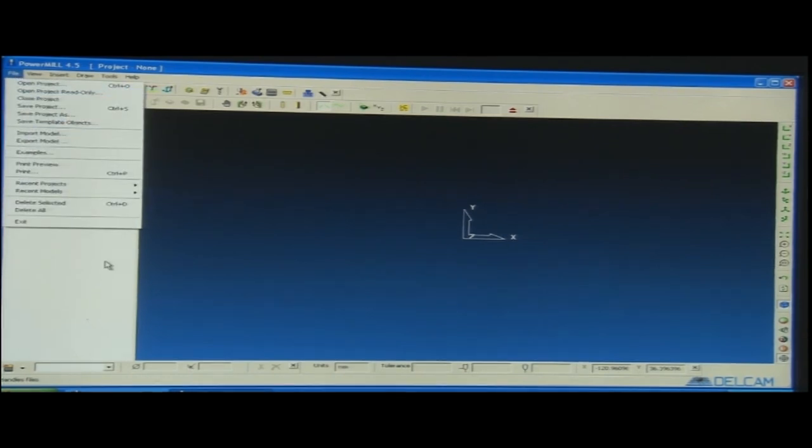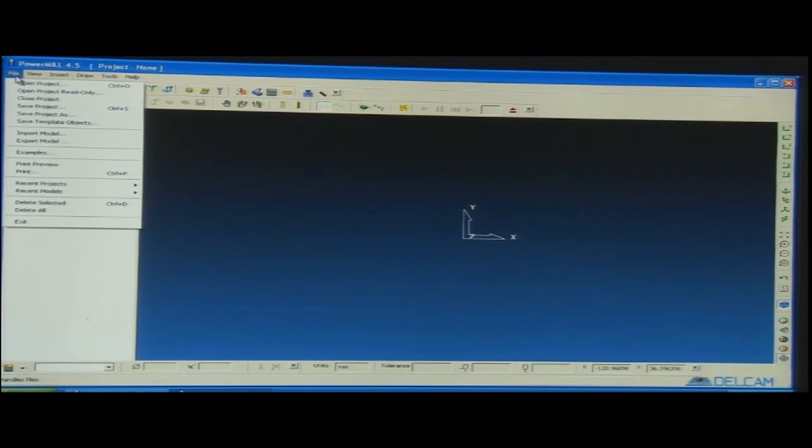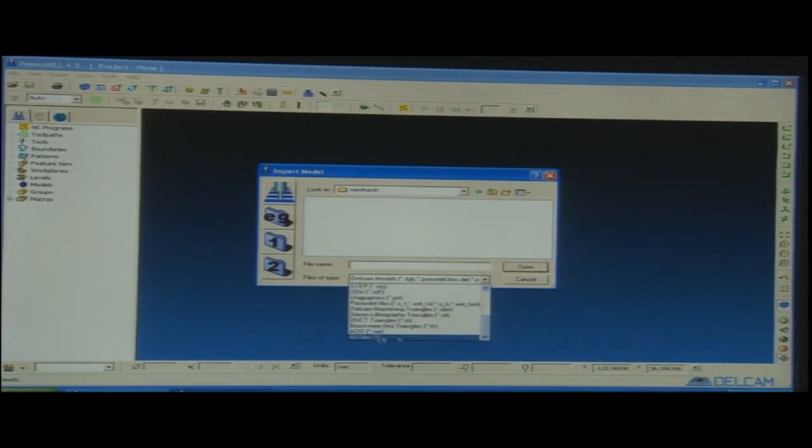The drawing, when I say drawing, is the CAD, computer aided design. So, we can import the model for that. When I go to this drop down menu and choose import model, it will try to open the file.